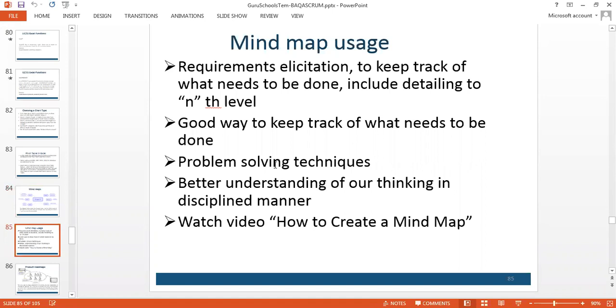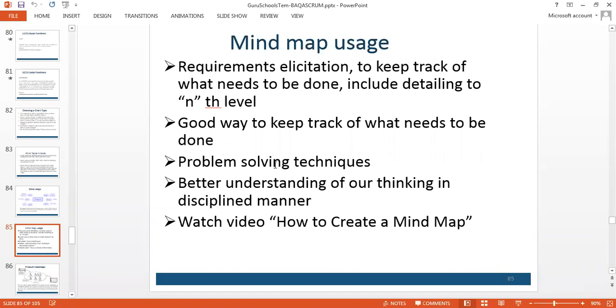Problem solving techniques, yes, this is really useful in problem solving techniques. When you say we gather requirements, we are trying to understand the problem and convert it to a technicality of the world, right? Whatever tools the BA uses, these are predominantly problem solving techniques. So you're making your life, the company's life, the engagement's life much easier. You are enriching it with your thought process and with the use of these tool sets, in how the BA is looked at, how the BA is perceived in the overall technical world. So you are a problem solver. You use this technique, and you solve many problems throughout your life as well.